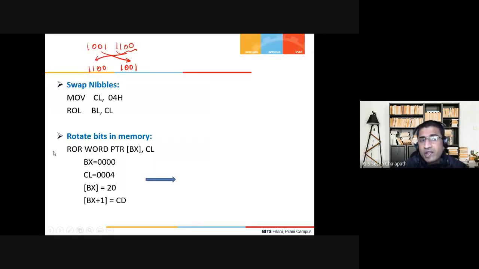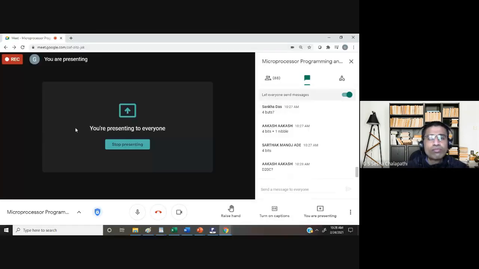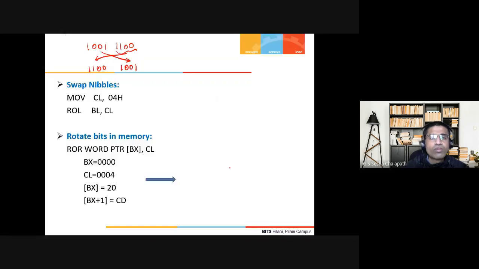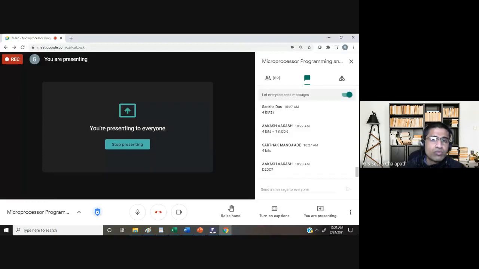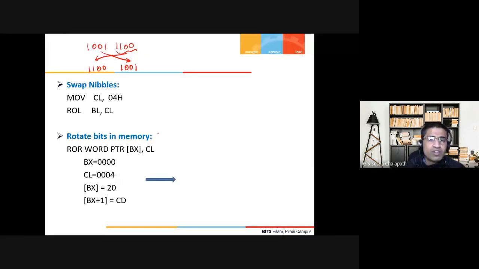ROR, you are rotating rightwards. First of all, what is the 16-bit word before the rotation? We know that this is little endian format, so this is the LSB and this is the MSB.